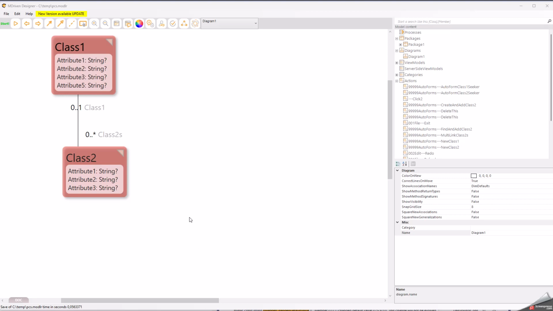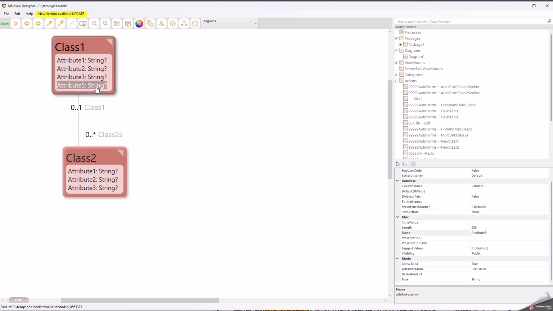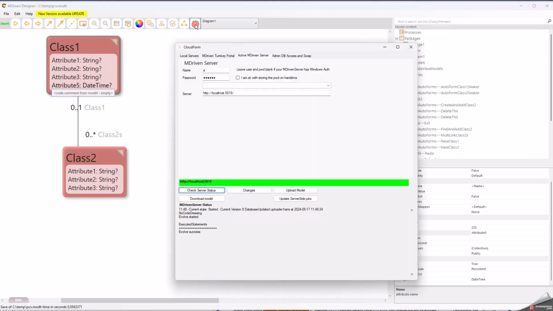There's a new function in the MDrivenServer to help you find inconsistencies between the model and the database. So what do I mean? Whenever you change a type on an attribute, let's say that this really should be a datetime, and you try to evolve that,